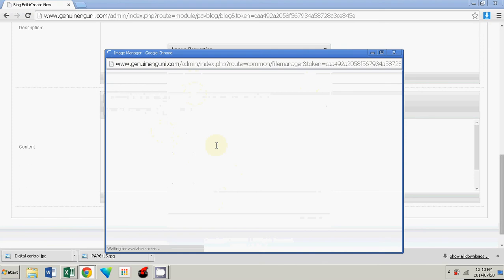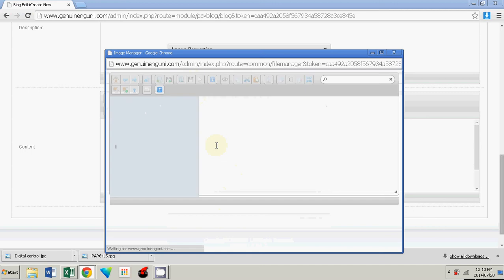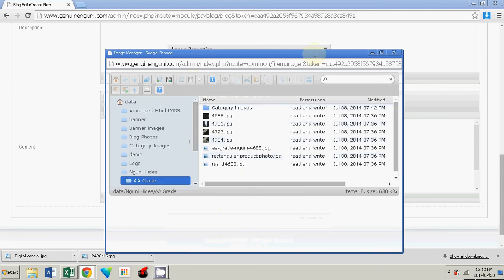Okay, so now you're in this page. I think that is a black and white Nguni hide. Let's just view that quickly. So double click this one. There we have it. The image is inserted, but now it's going to be so big and nobody wants a big